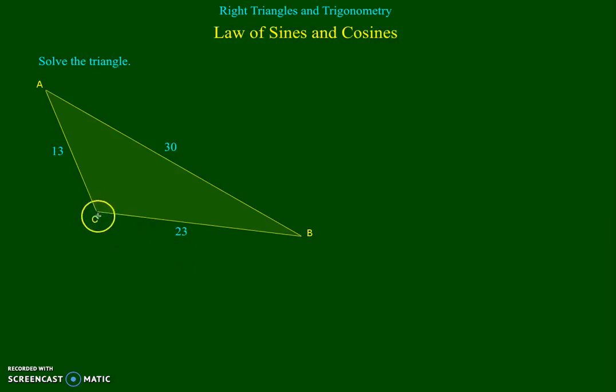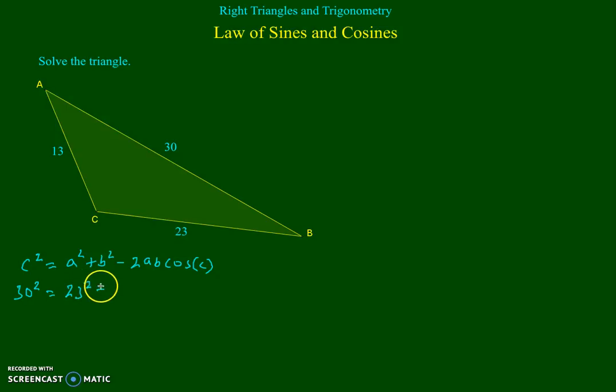Because we're looking for angle C first, we're going to start with this side. And the law of cosines says C squared equals A squared plus B squared minus 2AB cosine C. Now let's fill in our pieces. C squared is this guy, so this is 30 squared equals A squared, and that's this side because it's opposite angle A,